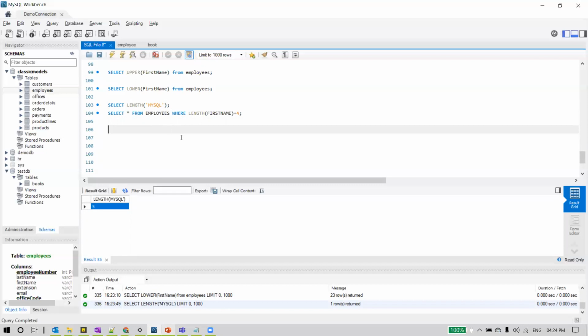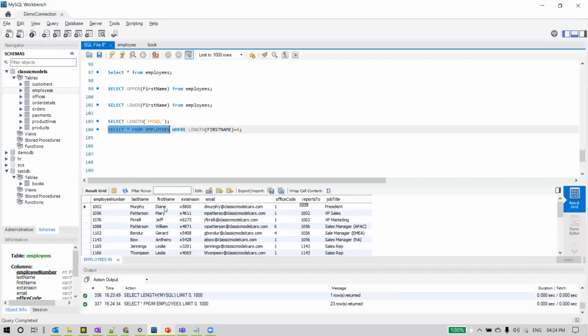And how to use this in tables? Say for example, there is a table called employees. We just now saw it. From that employees table, I wanted to have first names which have length 4. So let me execute this first. You can see here, this is the employees table data, and here we can see the first name column. It has some data here, but I'm not interested to display all the employees' first names here. I actually wanted to view the information of the employees whose first name length is only 4 characters.